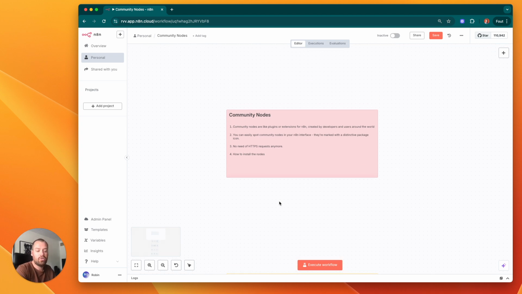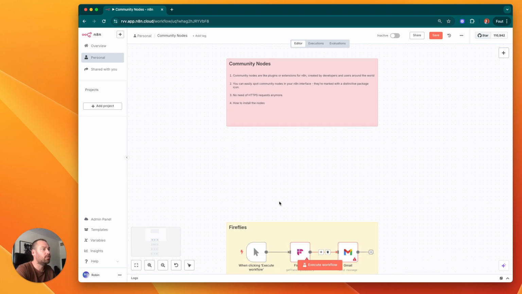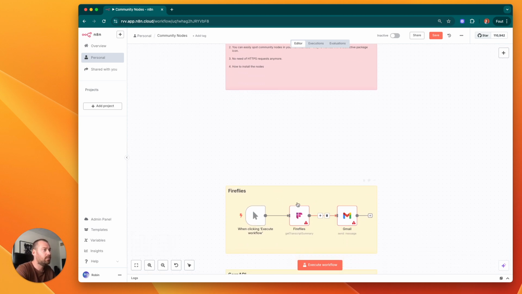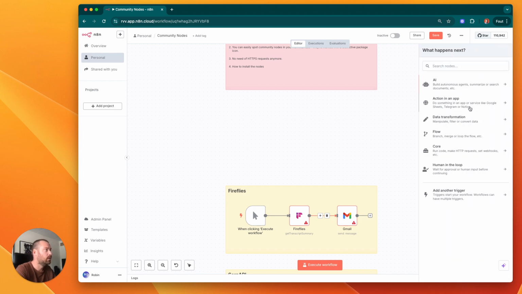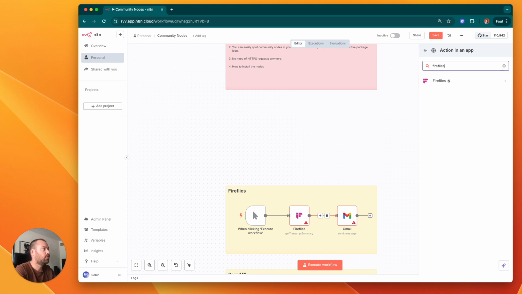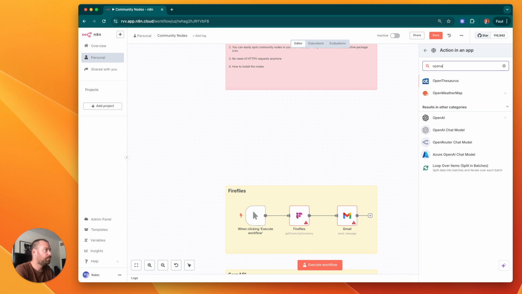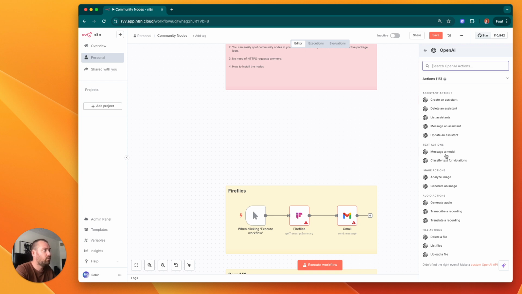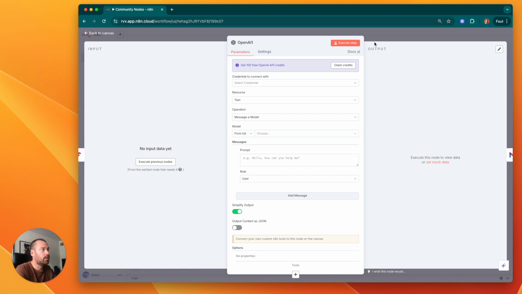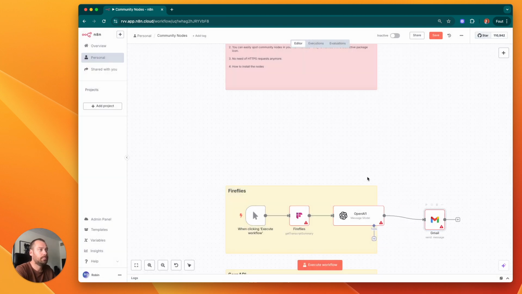Right now I'm going to explain some use cases you can use in your automations. For example, Fireflies has a community node. If you go to the extensions, Fireflies, I've already installed it and you see there are different actions you can use. For example, get a transcript summary and email it to the team. Or maybe you want to have an OpenAI